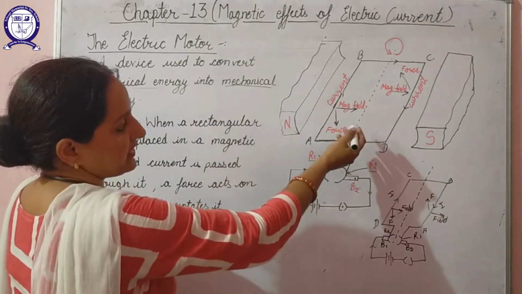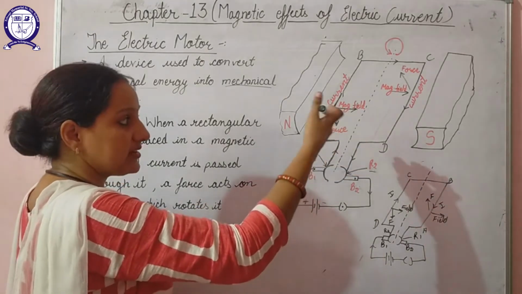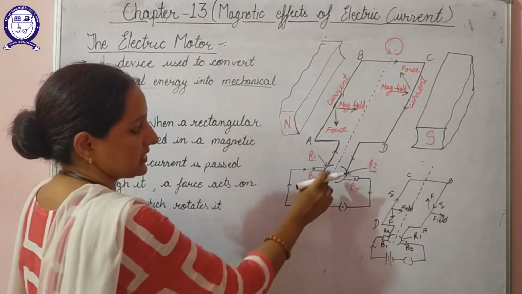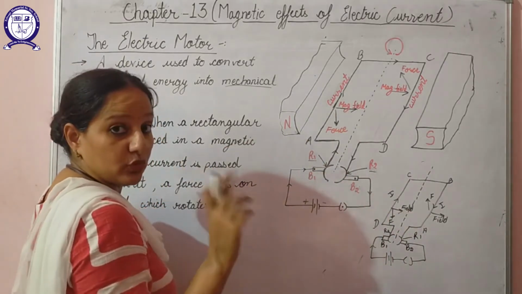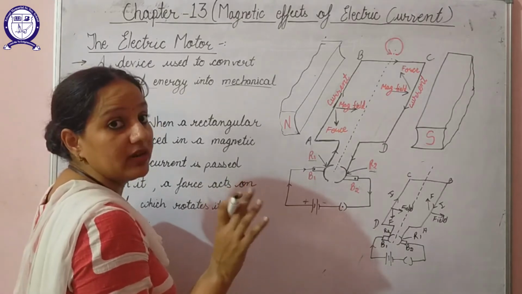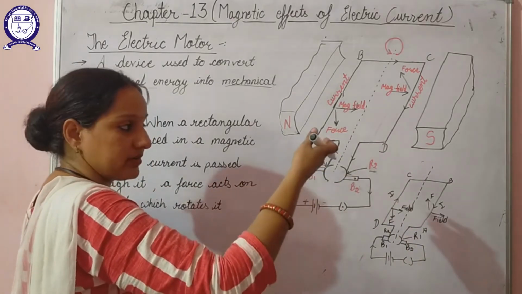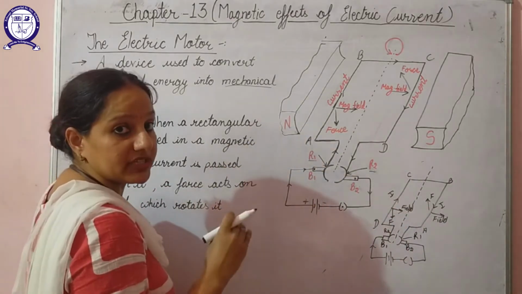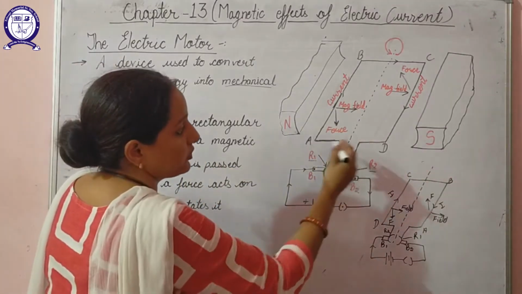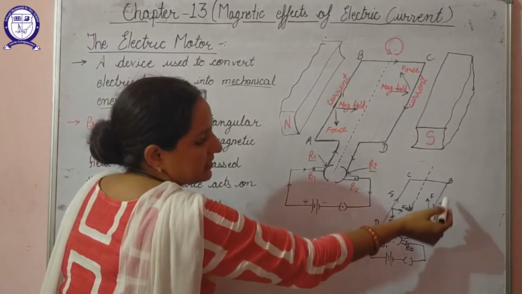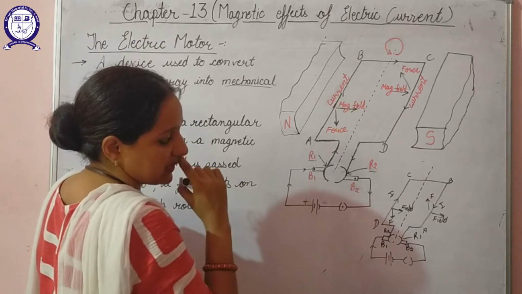Now here what I have stated is that in the beginning it was in the horizontal position. When it reaches the vertical position, at that time this gap will come in contact with the carbon brushes. That means no further contact is there and no current will flow, but because of the momentum gained by this rectangular coil, it will cover the remaining quarter rotation. That means it completes the half rotation. After half rotation, this side AB will be on the right hand side, and the side CD of the coil will come to the left.